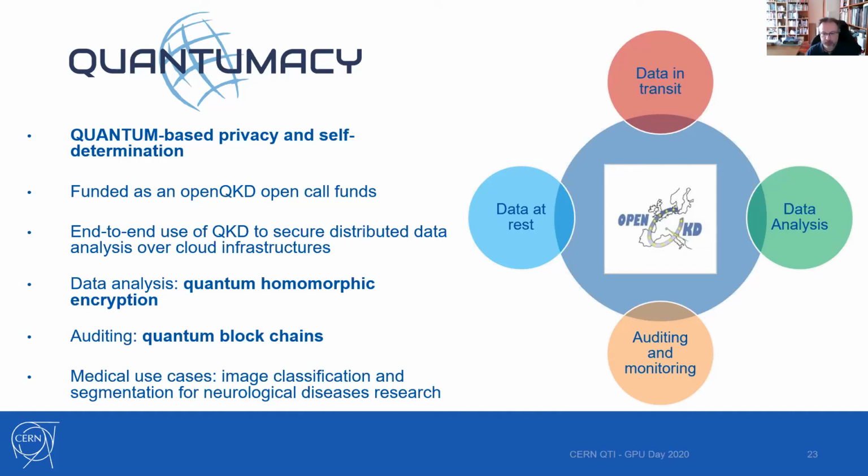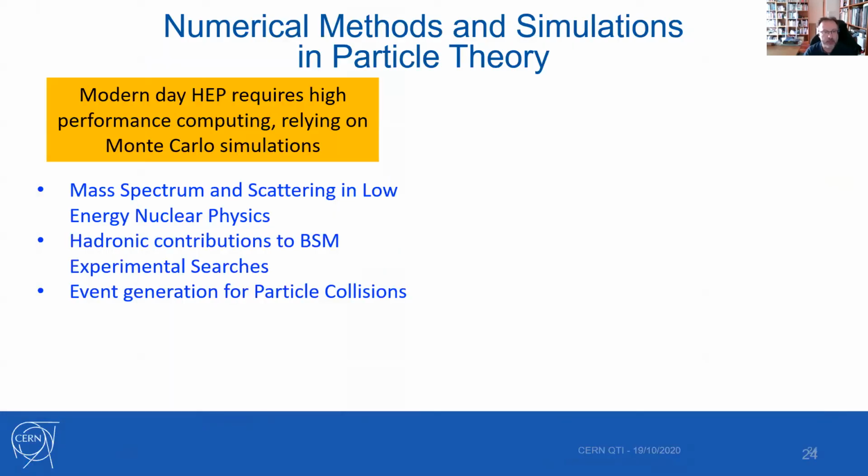Again, it's very speculative. A lot of this cannot be done today. For example, doing data analysis, especially training using deep learning on homomorphically encrypted data, today is a big challenge. But this would be one of the first investigations to explore the end-to-end data analytics pipeline in this kind of scenario. And finally, in terms of theory, this is something that is a frontier for many universities and research labs in the world.